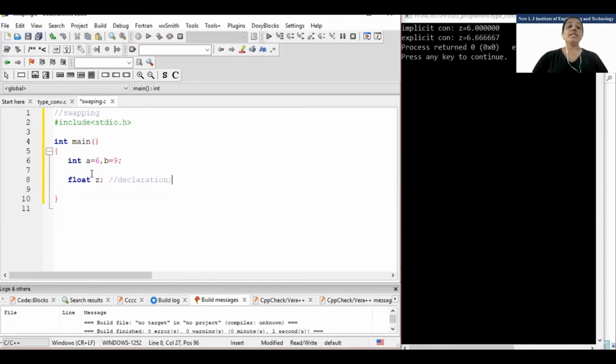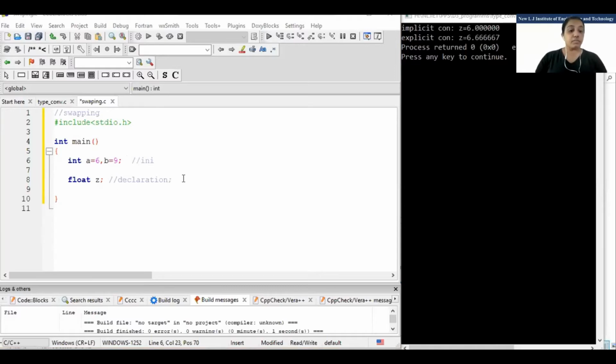Now, with declaration of a variable, if I am assigning a value to it, it is called initialization. Fine. There are three ways, that's why I have explained it. Data type of Z is float. That is the meaning of that statement, and it is called a declarative statement.